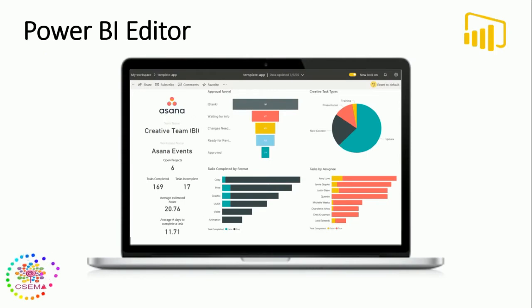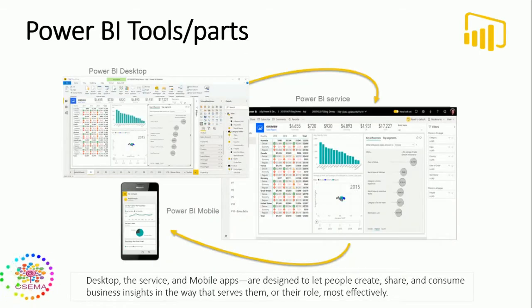Power BI Editor allows you to bring all the data to it and model it and build your reports that you can share with your colleagues or external users. And then you can share your data to the Power BI desktop or also on a Power BI service, which is the web version that people will use to consume that data, but it also allows you to build BI dashboards that can be used on mobile devices.